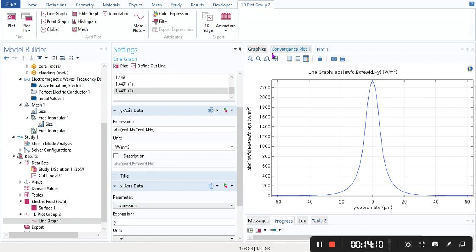So in this way you can have X cut and Y cut analysis of any structure for any parameter.